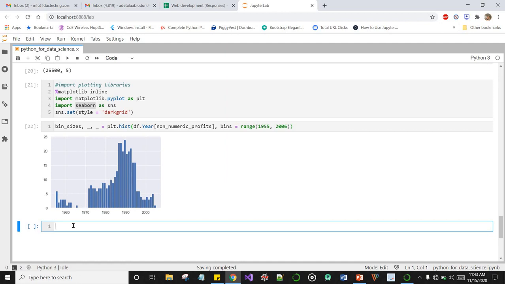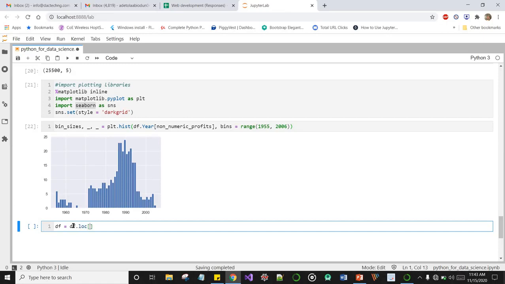So we can just move on to convert these non-numeric profits to numeric values, because they are actually objects. The data type is seen as an object, and it's supposed to be a floating type number. So let's grab our data frame again, and we'll use data frame.loc.